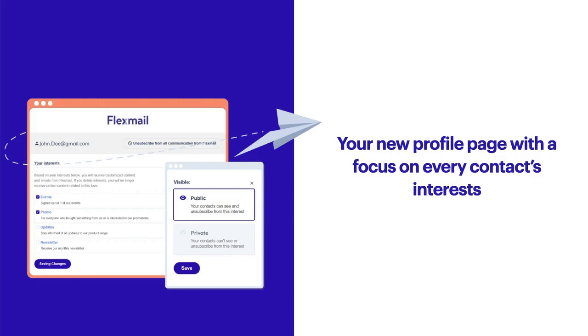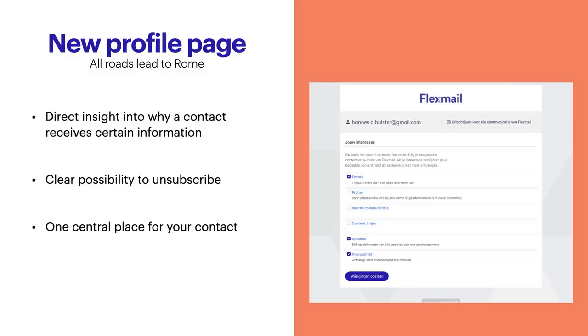So how can you find out those interests of your contacts through Flexmail? Now we get to the good stuff. Your new profile page, with a focus on each contact's interests. If contacts want to unsubscribe, they will soon be led to your new profile page. Here we show the interests that can be chosen in your communication and for which of these they are registered. In this way, your contacts always have a central place for their information and know exactly why they receive certain